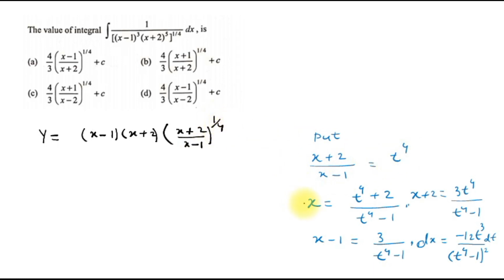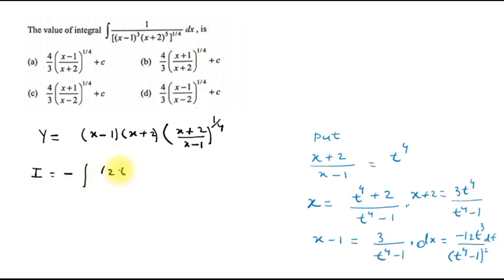So after rearranging, x becomes t to the power 4 plus 2 divided by t to the power 4 minus 1, and since we have to find the value of x minus 1 and x plus 2, the value of x plus 2 is 3 t to the power 4 divided by t to the power 4 minus 1, and the value of x minus 1 is 3 divided by t to the power 4 minus 1. When we differentiate this, we get dx is equal to minus 12 t cubed dt divided by t to the power 4 minus 1, whole squared. So the above integration can be written as I is equal to minus integration of 12 t cubed